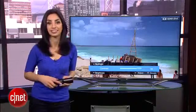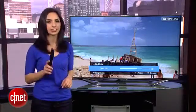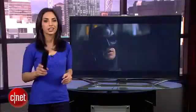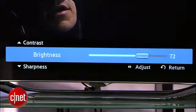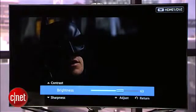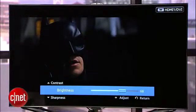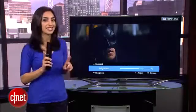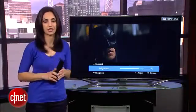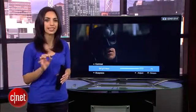Next up, brightness. For this step, find a dark scene, like one from an action movie. Contrary to what you might have heard, brightness adjusts the intensity of the black levels. So a TV that's too bright will make blacks look washed out or even grayish. Turn down the brightness until everything appears way too dark. Then turn it back up to the point where things in the scene that are supposed to be black are at the blackest level your TV will allow. This is the hardest setting to adjust by eye, so be patient and adjust the brightness as you switch between